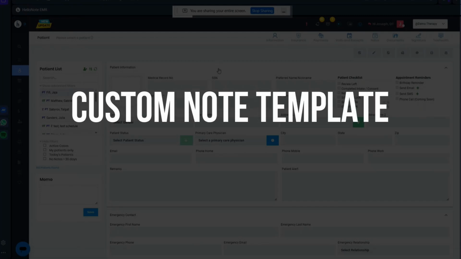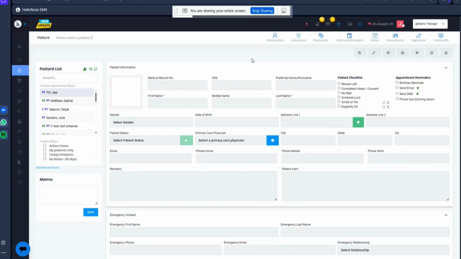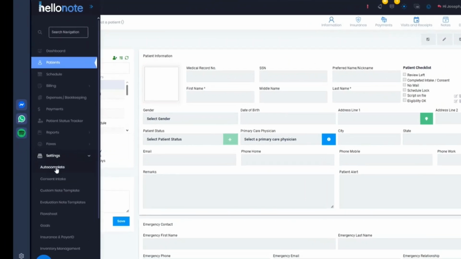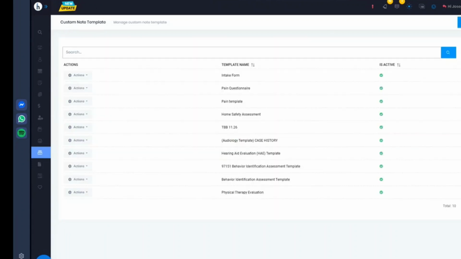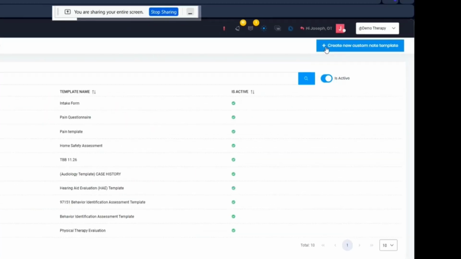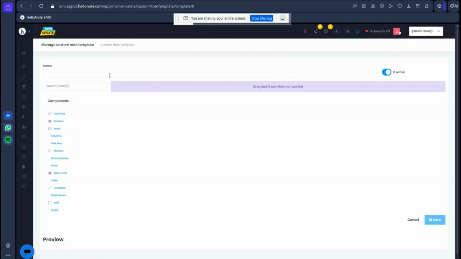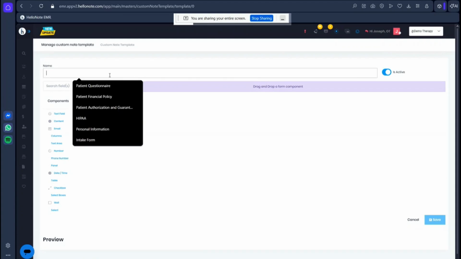The custom note template is the new feature of HelloNote where you can create your own custom evaluation template. To do this, you can go to settings and then click on custom note template. Then you can click on create new custom template, and then you can enter the name of the template,